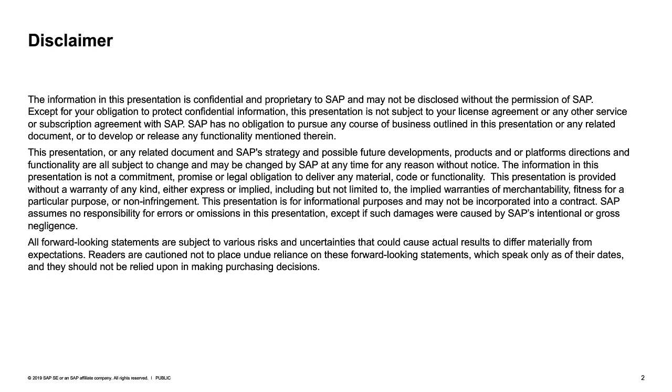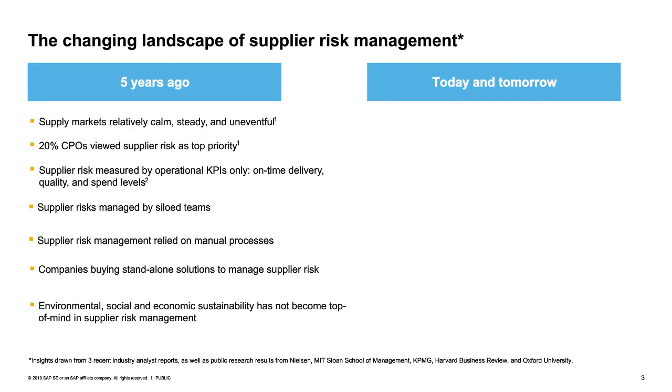So we just wanted to really touch on the changing landscape of supplier risk management. Five years ago, there were relatively stable markets, and in terms of CPOs, it wasn't a really big ticket item. Only 20% of CPOs were actually interested in supplier risk as a top priority. It was highly siloed and highly manual. And a lot of organizations, and I've certainly witnessed this myself,